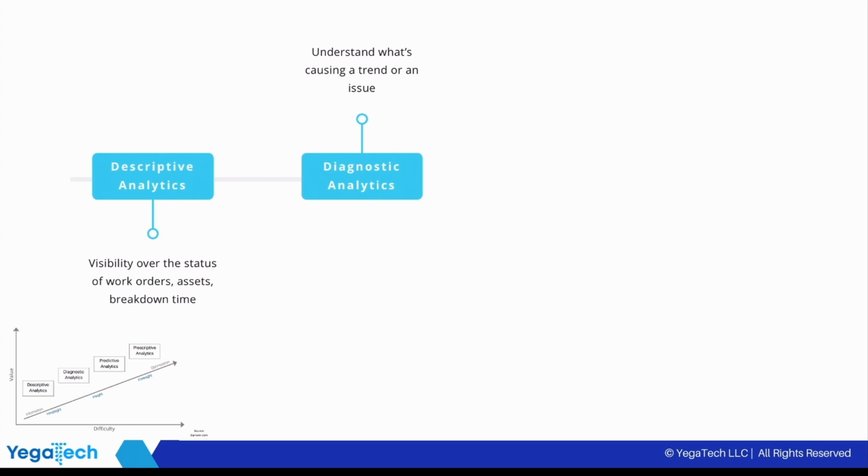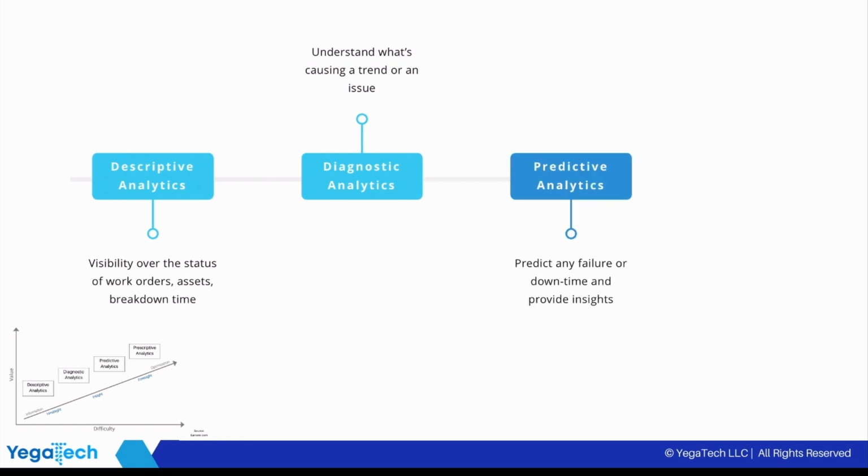So here, we can use knowledge representation reasoning method discussed earlier to encode expert knowledge as rules and, for example, identify which assets are failing and why. But to find out what will happen, we need the predictive analytics, and what action should be taken, we need the prescriptive analytics. For example, a supervised machine learning model can predict any failure or downtime and provide insight for